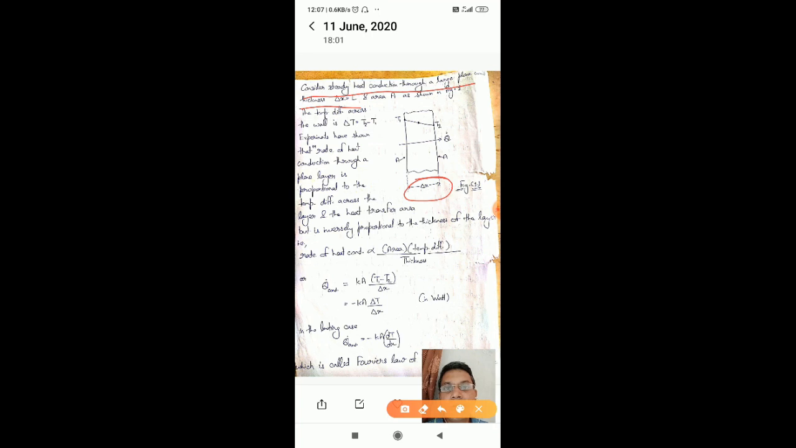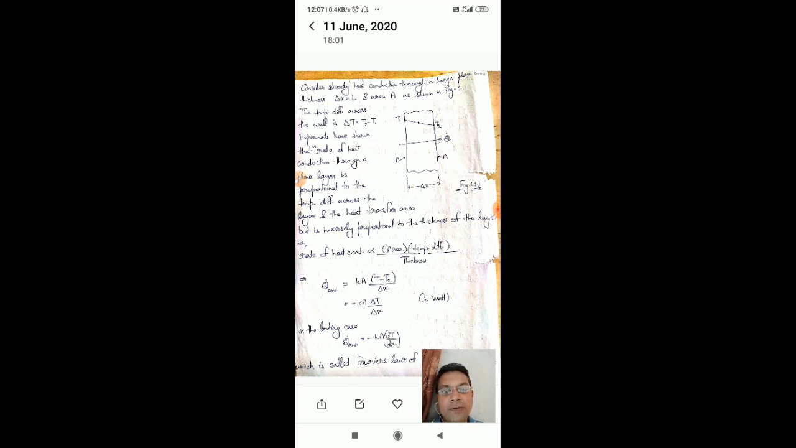Okay, and the temperature difference across the wall is T2 minus T1. So here it is T2. T2 refers to the final temperature and T1 refers to the initial temperature. Okay. Now experiments were done to determine the heat transfer rate across this system, and it was observed that the rate